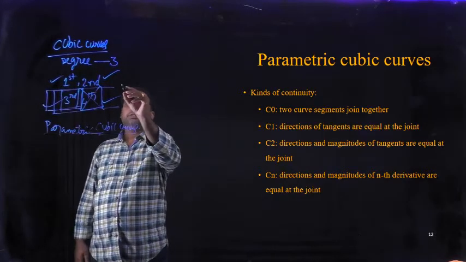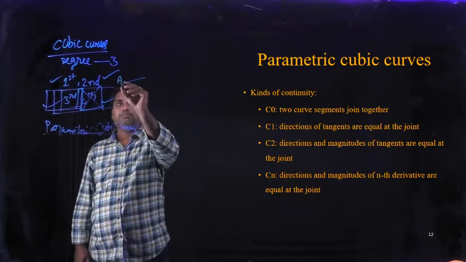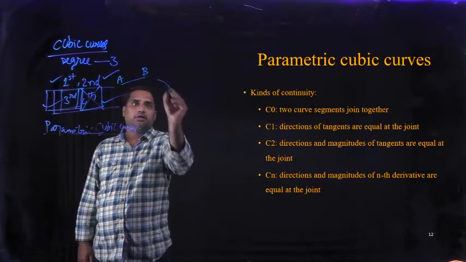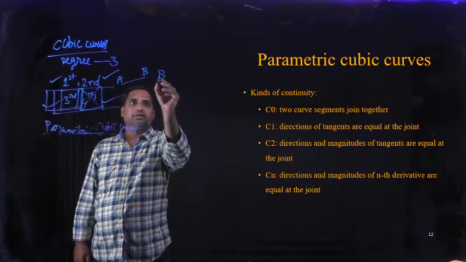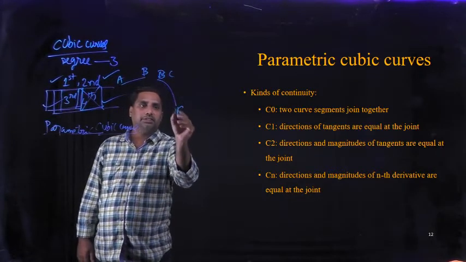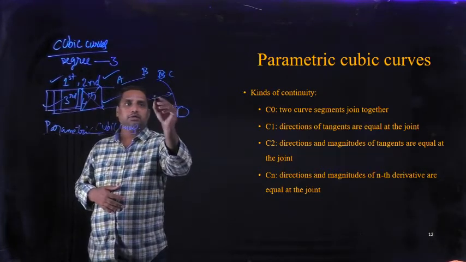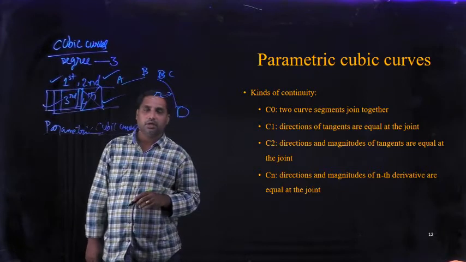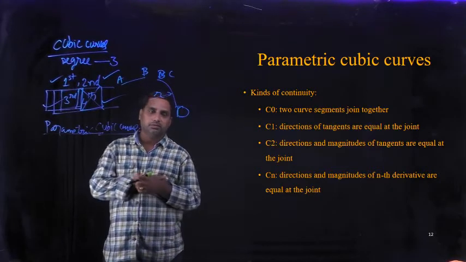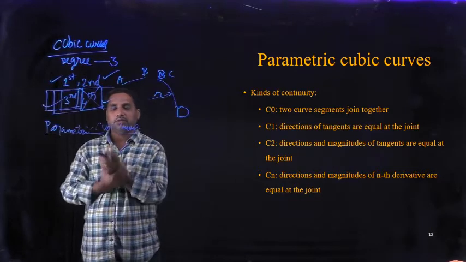Suppose there is a straight line here, let it be AB. If there is another curve CD. What are the curves here? One is a straight line, the second one is a circular arc. Here I have to join these two. You can join them in different methods.